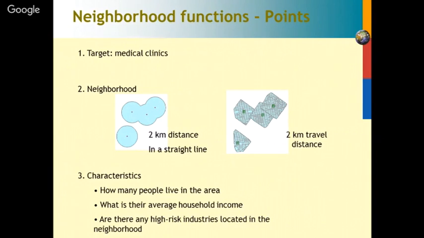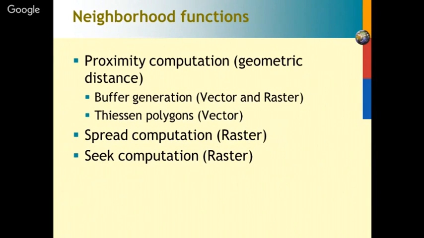Is the neighborhood area located in a high risk zone, and so on. So accordingly, there are different types of proximity functions